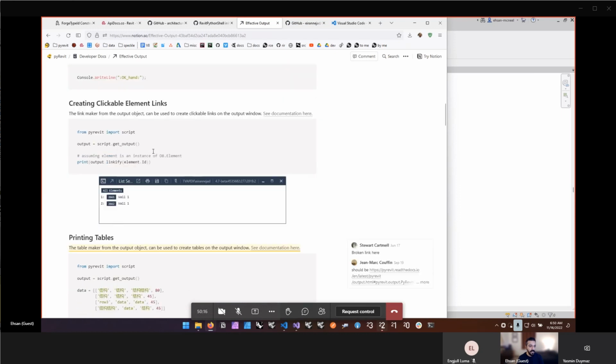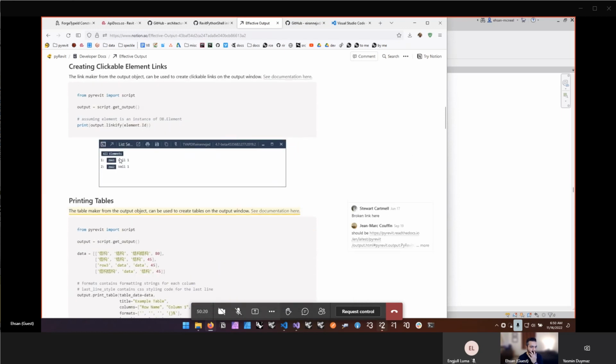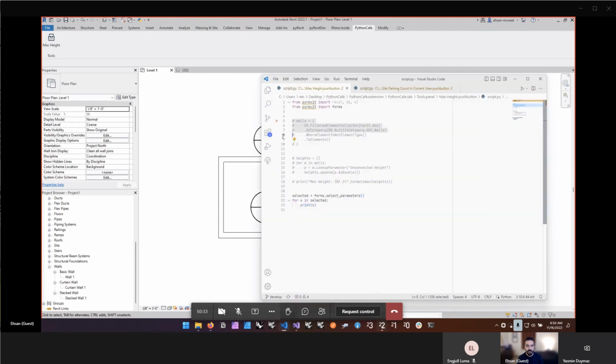You can put emojis in the output window. You can put selectable elements in the output window. When you actually select those, let me do this with the wall example that we did. I'm going to go back to the walls, and we're going to print our walls again. But this time I'm going to say